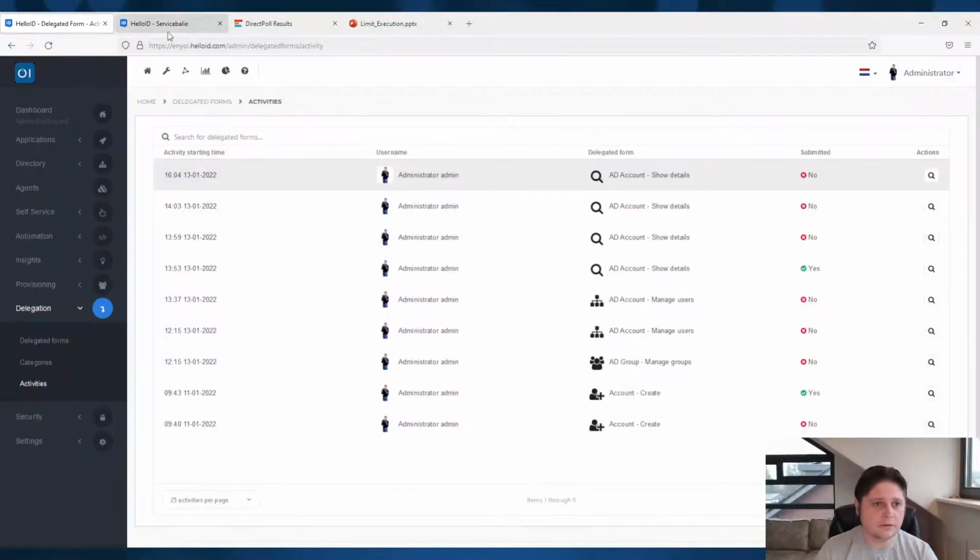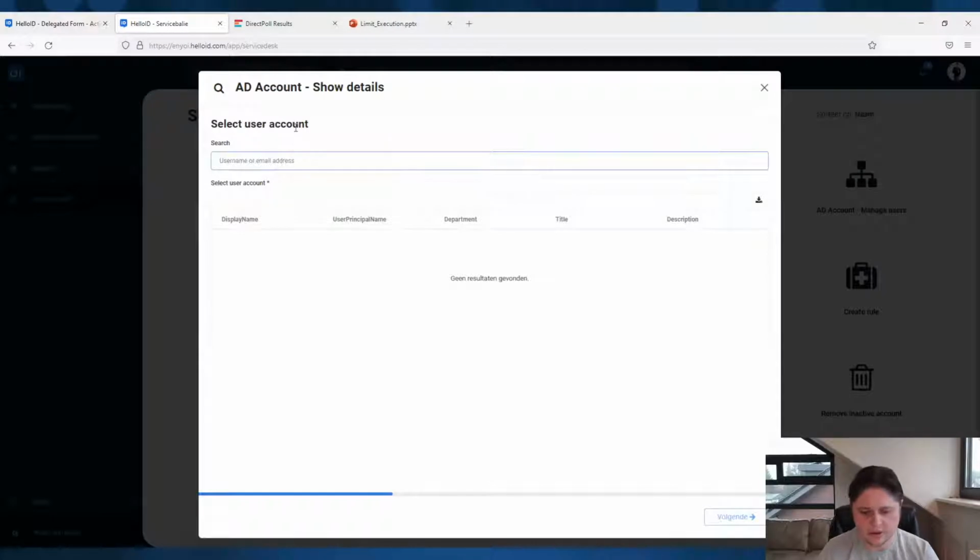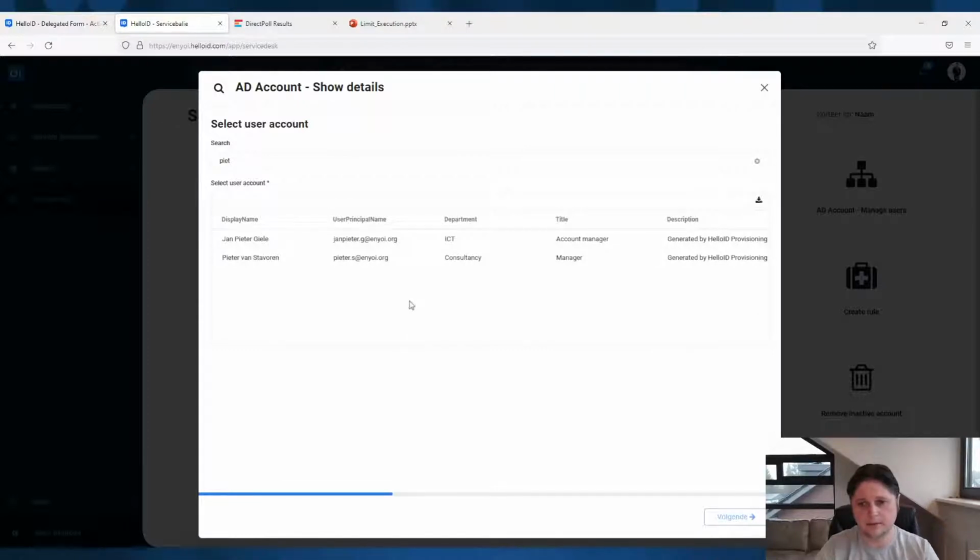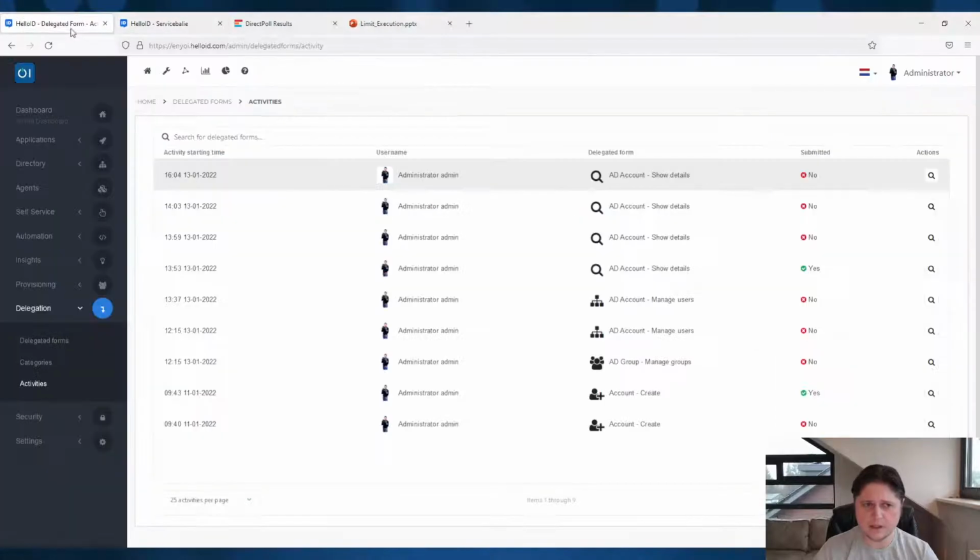But if I go through it, let's say I'm searching here and I enter Pete. Now I'm the end user and I enter Pete. So it searches through Active Directory for accounts for Pete, and it shows me the accounts here. With HelloID, you do this with a data source. And if you go back to the activity now and refresh this,